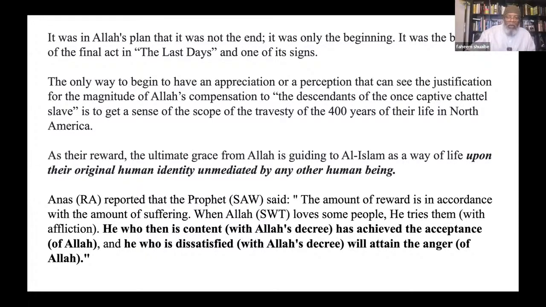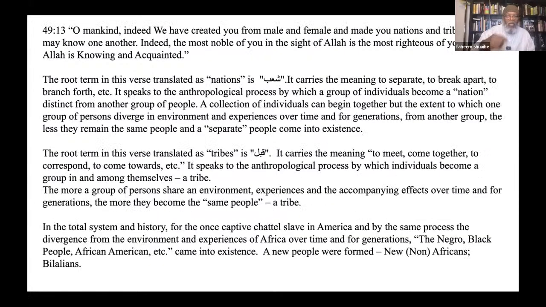Let me go on, because I know what's coming at the end of this, so I won't keep saying that, and you'll get to it. 49:13. Now we want to understand the issue of nations and tribes. 49:13. I'll just read an expression of it, where it says, "O mankind, indeed we created you from a male